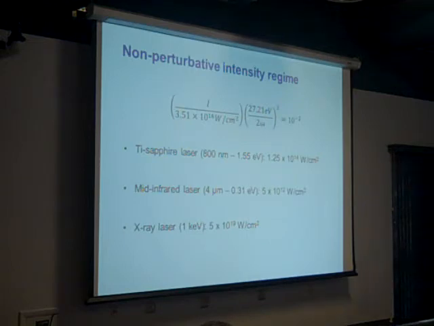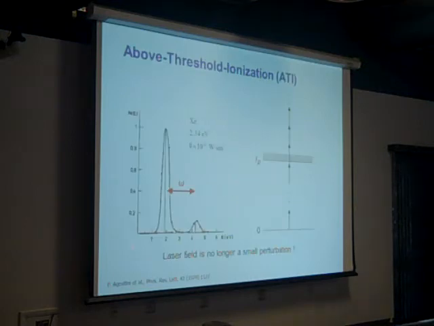So what happens if we are in the non-perturbative intensity region? Something unexpected should happen, which we have not seen before with perturbation theory. And actually the first signature of this was seen in the 80s by Pierre Agostini and co-workers, and it is called above threshold ionization. This is a multi-photon process where the atom, in this case the xenon atom, with a laser at about 2 electron volts, operating at 8 times 10 to the 12 watt per centimeter squared, makes a multi-photon transition into the continuum. And I would expect the electron is escaping with